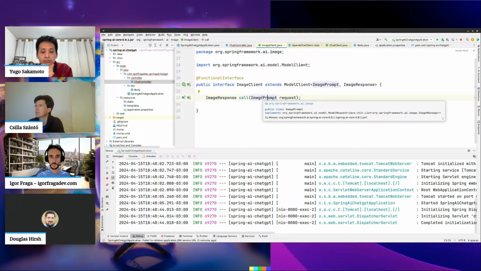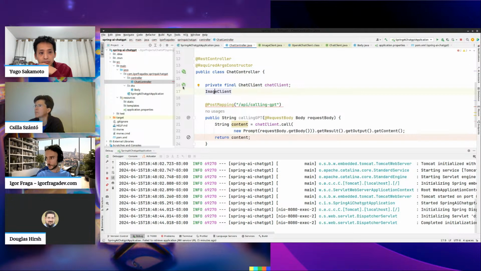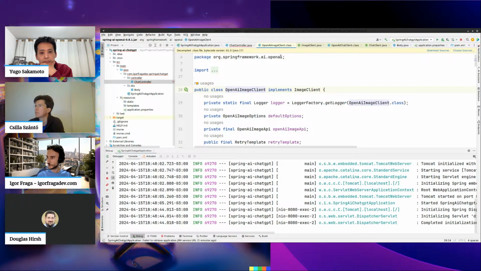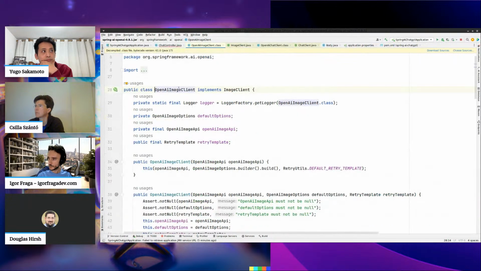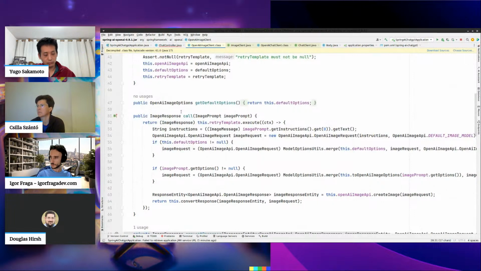If you want to do any processing with images, of course you will need GPT-4, but there you have it. And this is the implementation of the OpenAI image client, straight out of the box into your Java code.